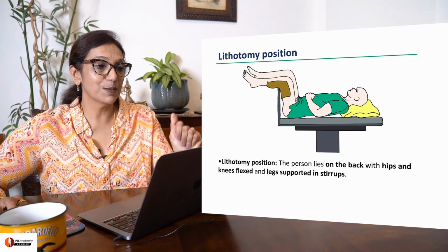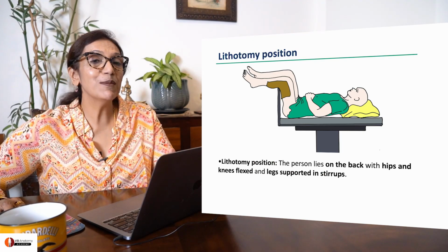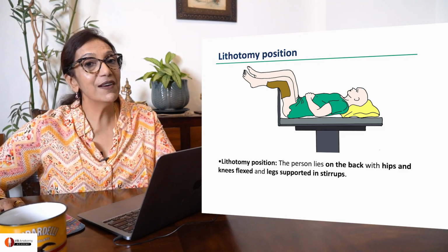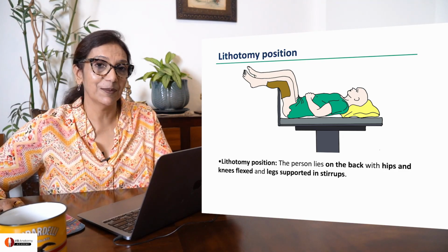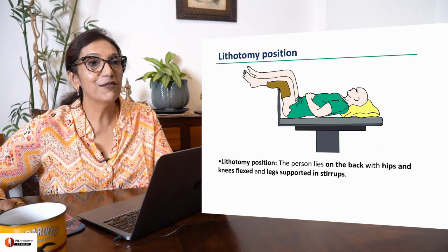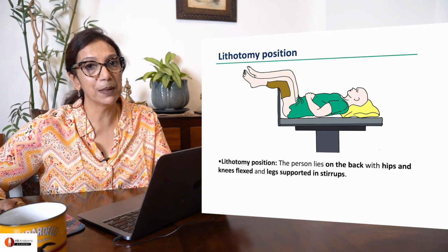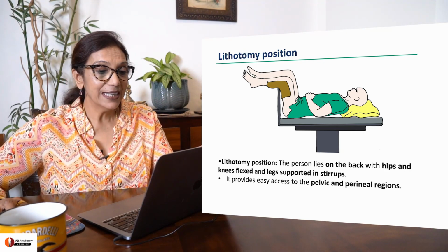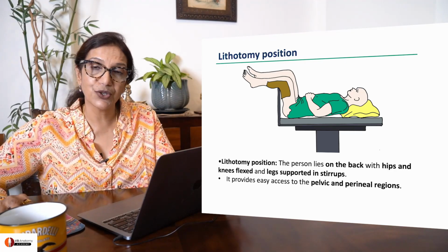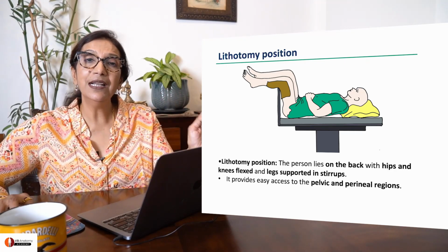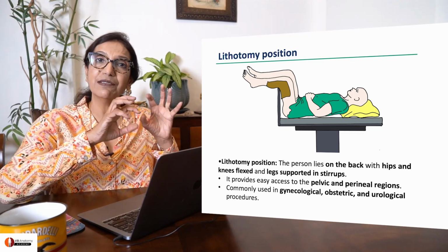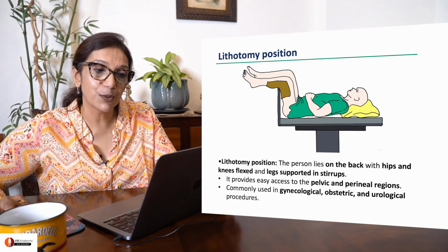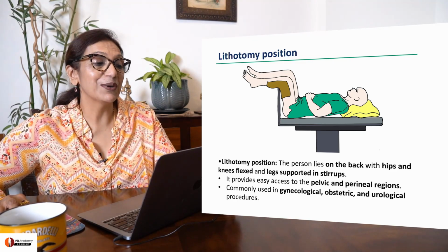Come. So what's the next position? This looks familiar. I'm sure many of you know what this is. This is lithotomy position. When do you put a patient in lithotomy? Think. Obviously, when the patient is delivering a baby, when you're examining the patient's perineal region, that's when you want your patient in this position, right? So pelvic and perineal manipulations, that's when you have this. So sometimes even urological manipulation, you want your patient in this position. What is it called? Lithotomy position.